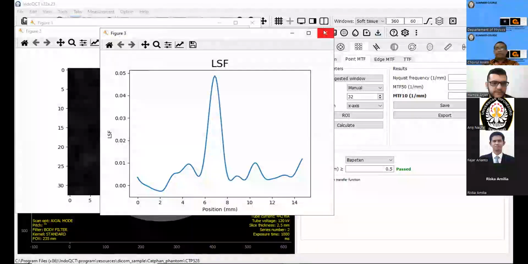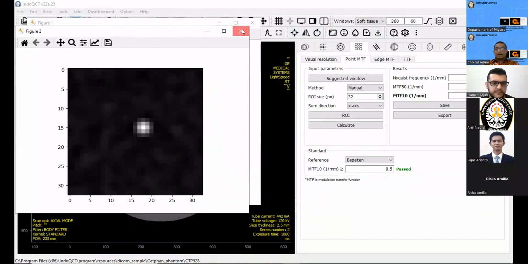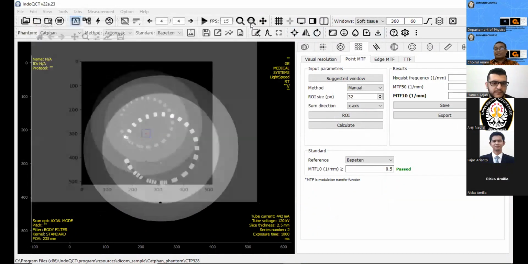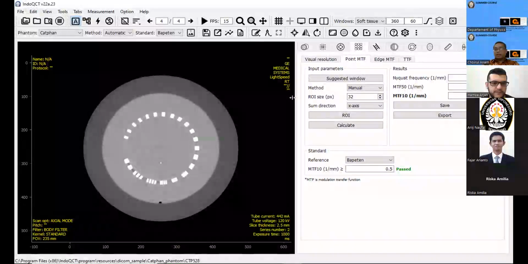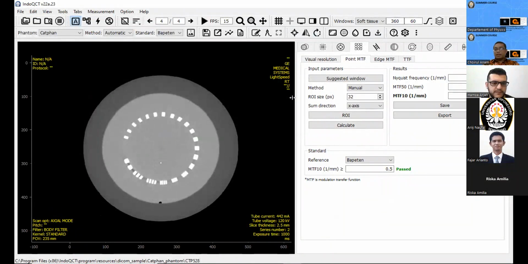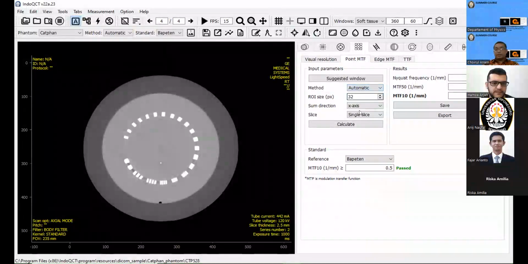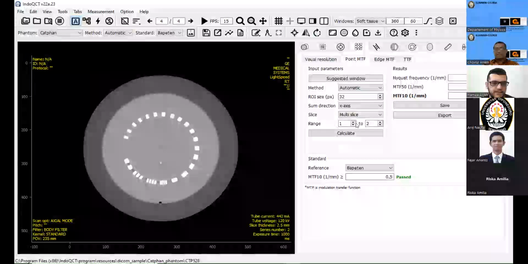If we have many slices with the point phantom, of course, we can use measurement with many slices. That measurement can only be done with the automatic method. Maybe we can use multi-slice.